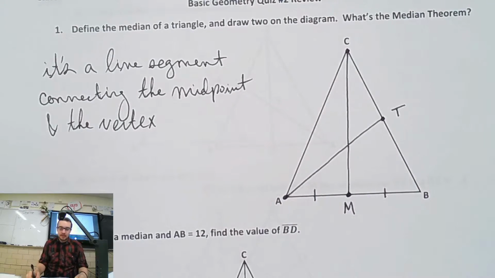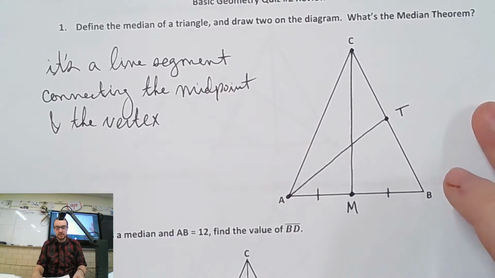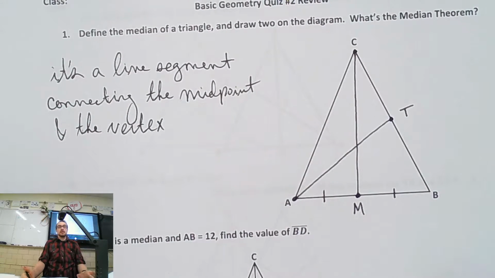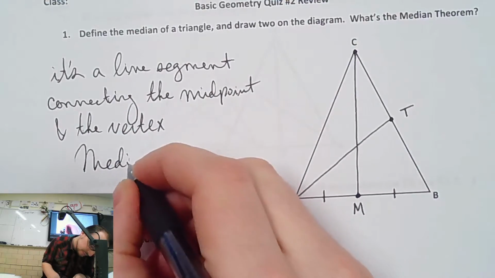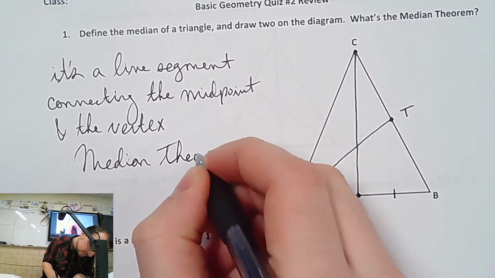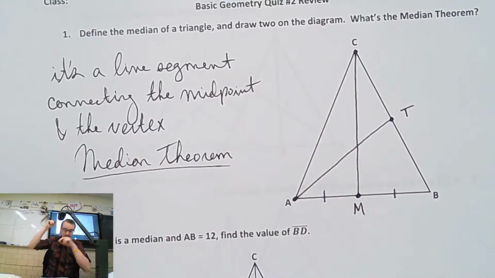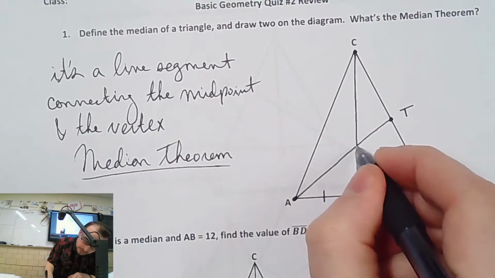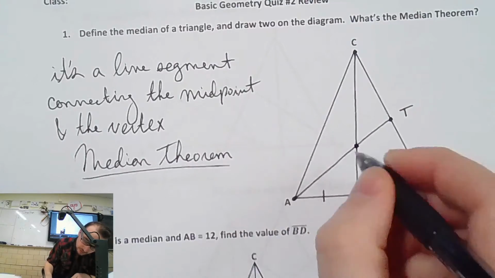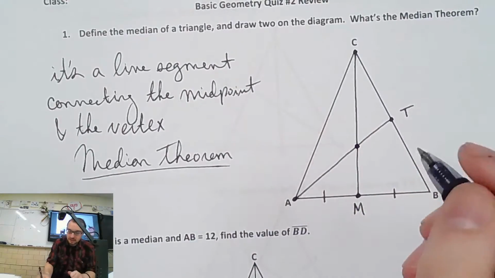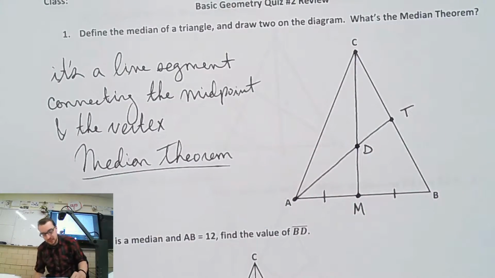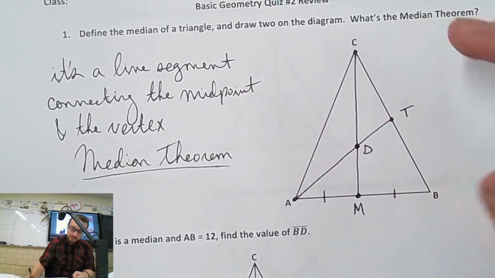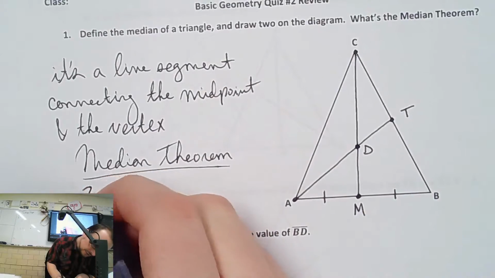That's all that's there. What's the median theorem? The theorem is what we've been learning and talking about. We just haven't given it a name. So the median theorem is this. Let's make this intersection point something. We can't call it C for centroid because we already used C. Let's do D. All right, so centroid. So what it's saying based on this diagram is that 2 times DM